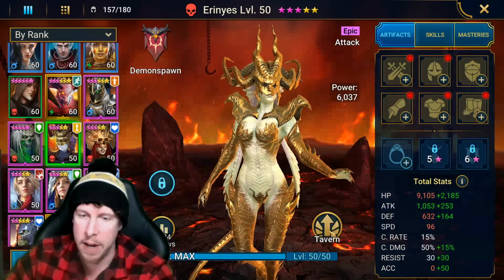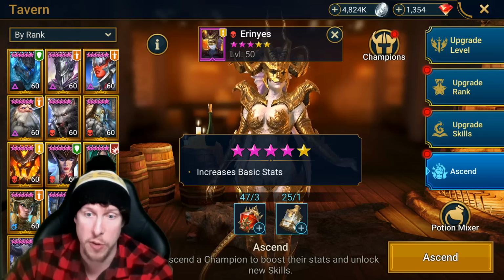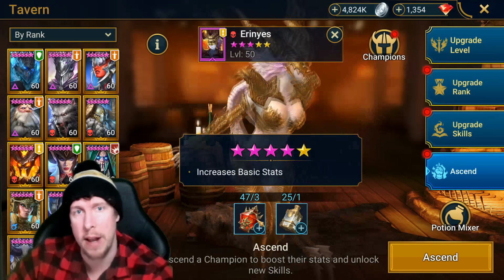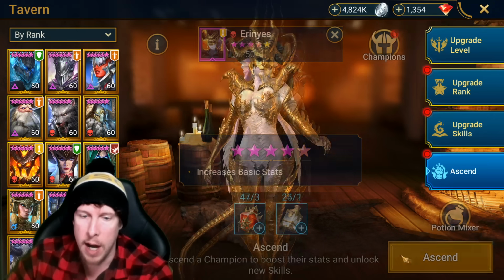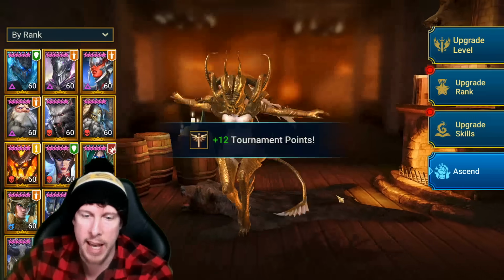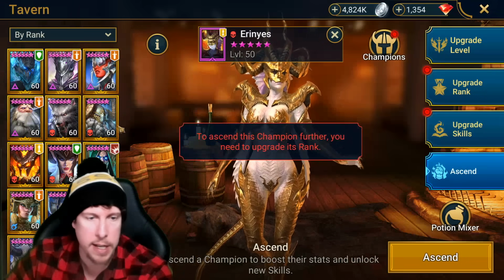So I farmed overnight a lot of these force potions, right? So I did 100 battles. I did 100 battles last night and 100 battles 2 nights ago, just in preparation for today's video. So let's go ahead and ascend everybody that we need, and then we can get right to Rhazin. Let's see, that's 1,